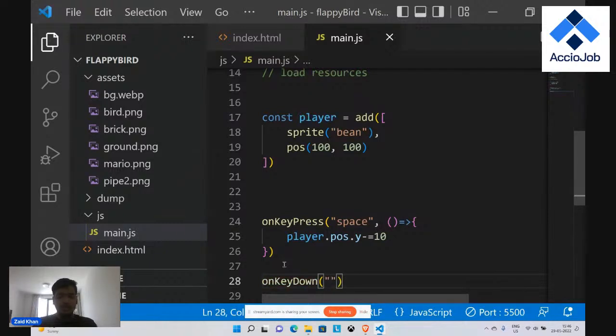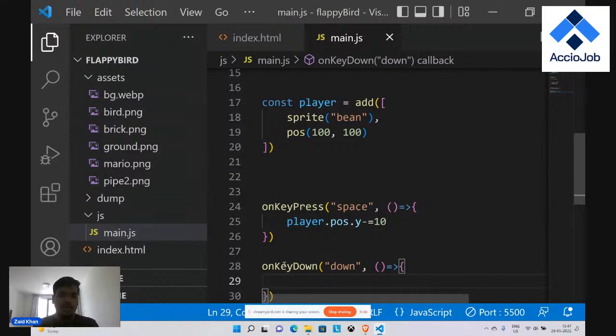In this on key down, let's suppose I say that I want to go down. All I have to do is define a cursor button. Let's suppose this down is determining those. There are four buttons on my computer, usually on the right side, which people use for playing games and all. So I will define this: whenever someone presses that down button, try to go down. So again I want to do this, but in